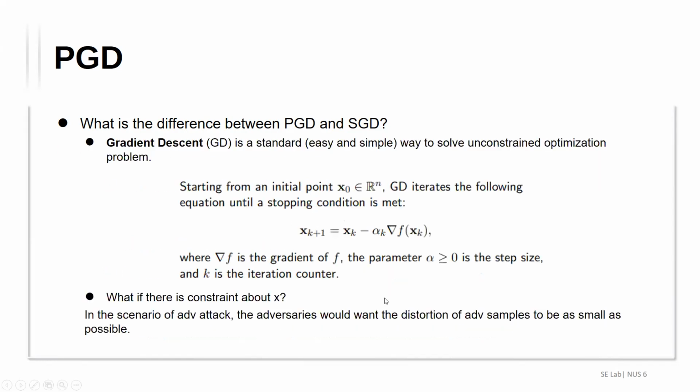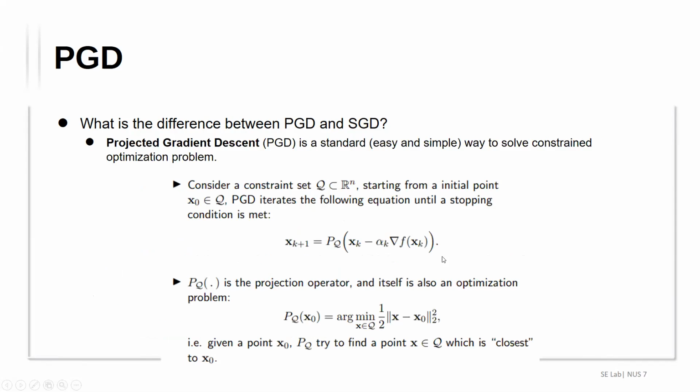Yeah, so they only add a new step. This is the gradient descent. We only update xk plus 1 with this formula. And for the projected gradient descent, they add a new step. After they calculate xk minus alpha k times the gradient, they will check if the new x falls in the set of Q. If not, they will find a new x inside Q that has the minimum distance to the one that